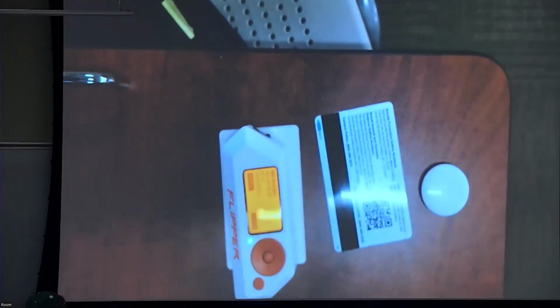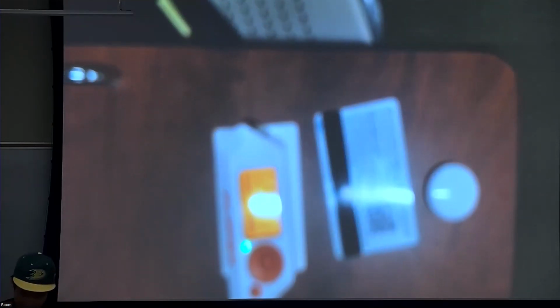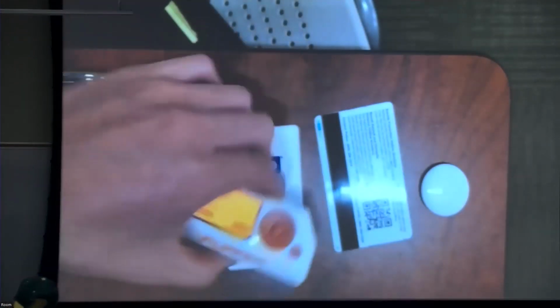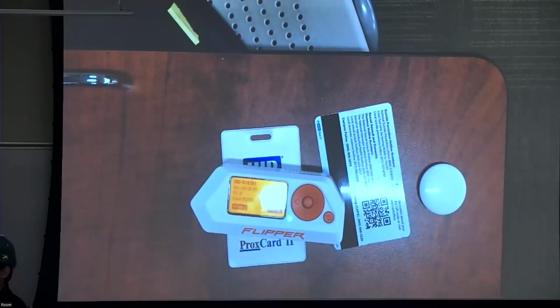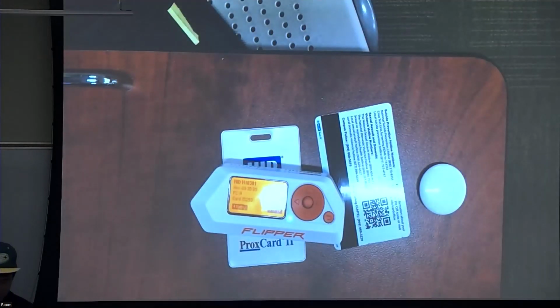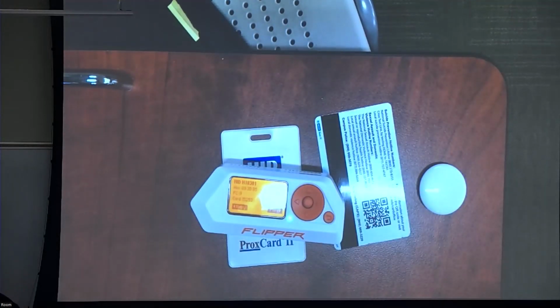And as you can see, it immediately reads. The prox card is not that secure, and the security purpose of it is that you have to be as close as possible to the reader for it to work. That's how a passive RFID works. So as long as they don't have physical access to your card,